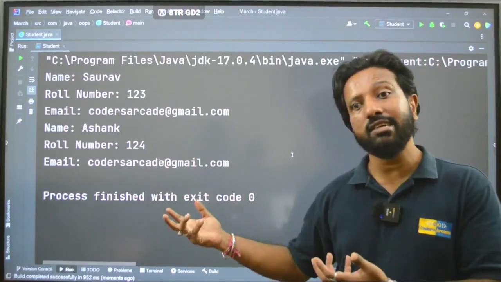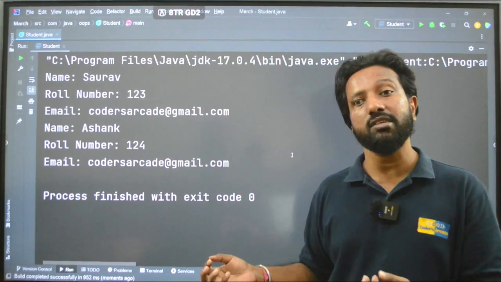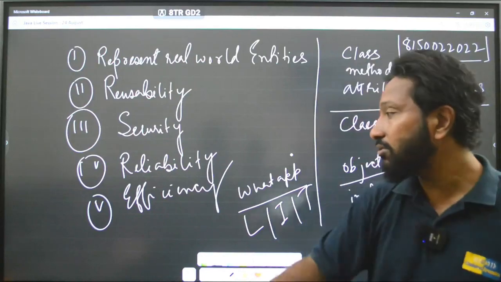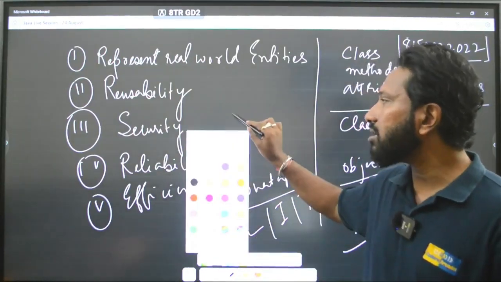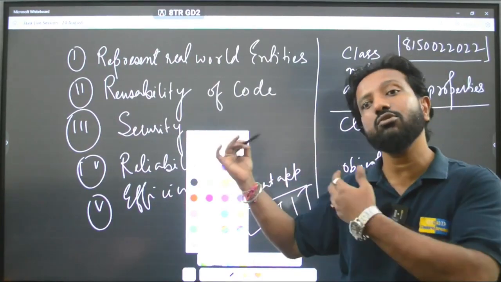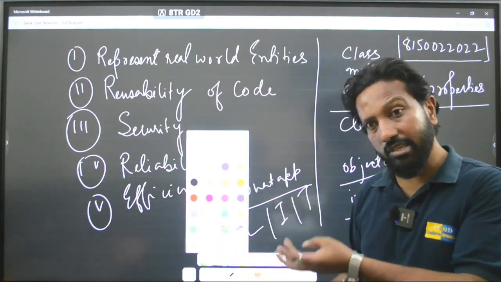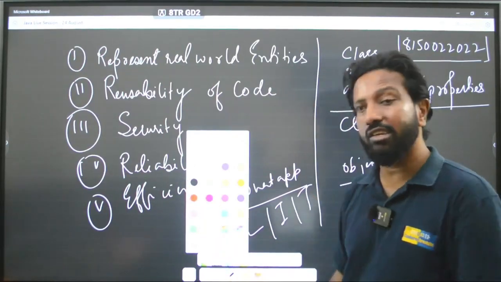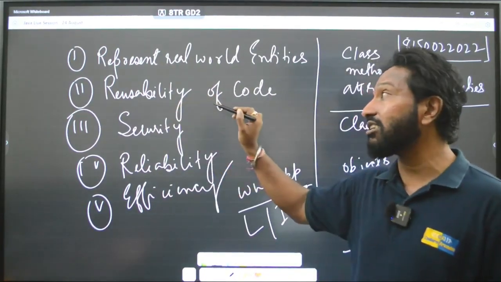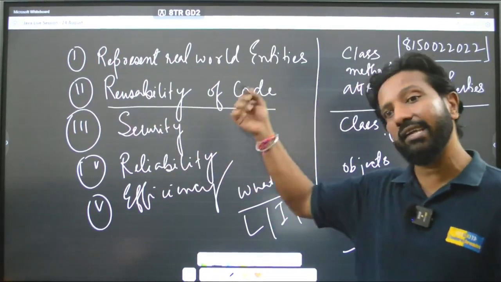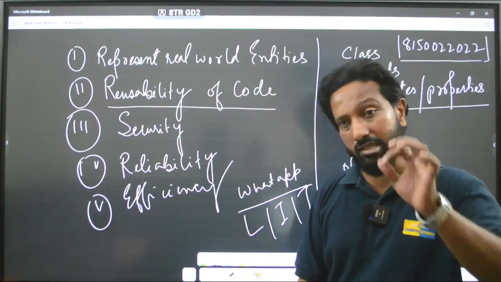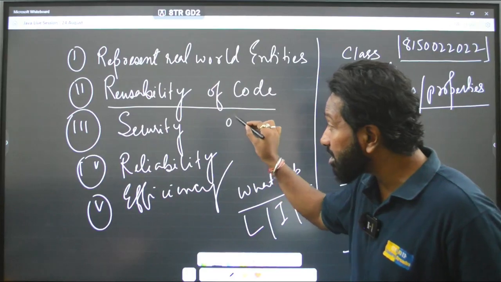Once a class is created, we can create n number of objects. That's the thing that I told you here. Reusability of the code, this is a very important factor. That is why we are switching to object oriented programming. C++, Java, Python, JavaScript, all are object oriented languages. So this is one of the most important benefits of object oriented programming. You can use the code again and again and again. Once a class is created, we can create hundreds of objects. But just remember one thing, when we create an object,